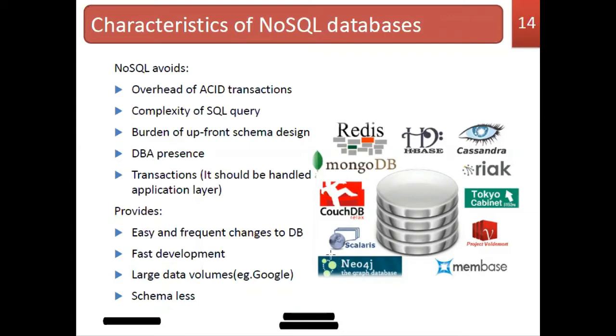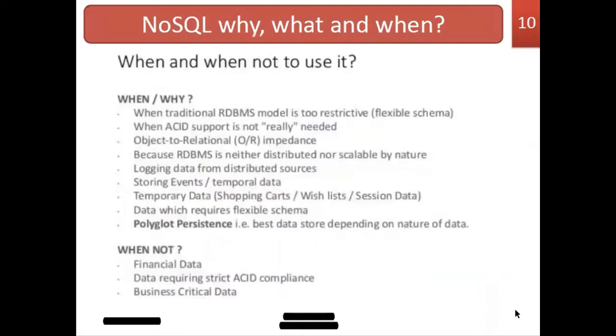Here, even if they all come under NoSQL databases, based on certain features, based on the nature of the database, you can make a different classification. Okay, that we are going to discuss in the next slides. So for example, Neo4j is mainly meant for graph databases. Okay, so it is given there, the graph database, right? Whereas the other NoSQL databases may not support graph storage very much, right? So based on the feature, based on the type of the data that you are going to save in the NoSQL databases, you can have a classification.